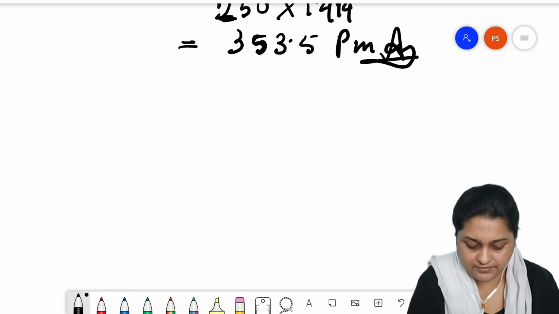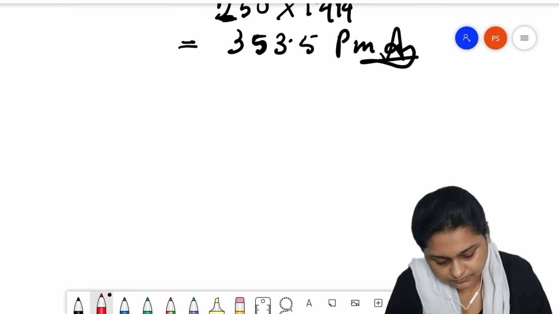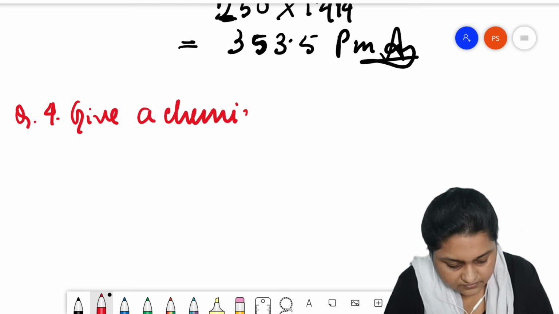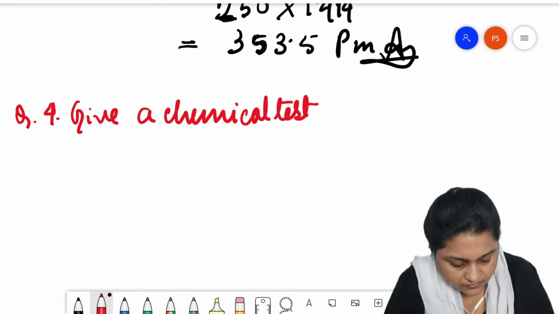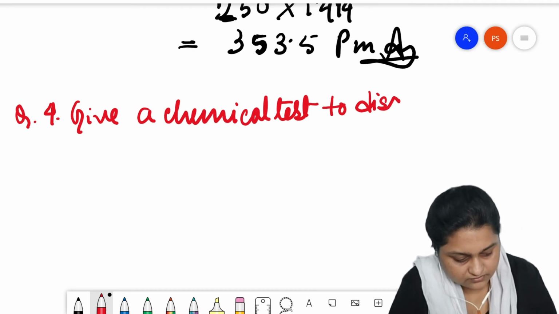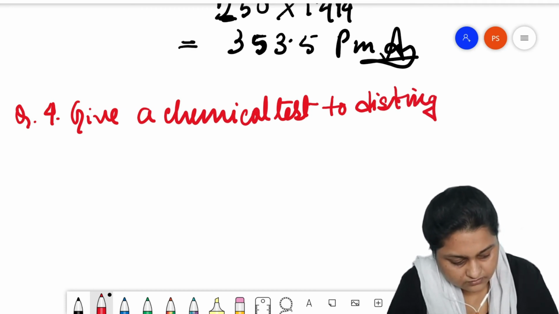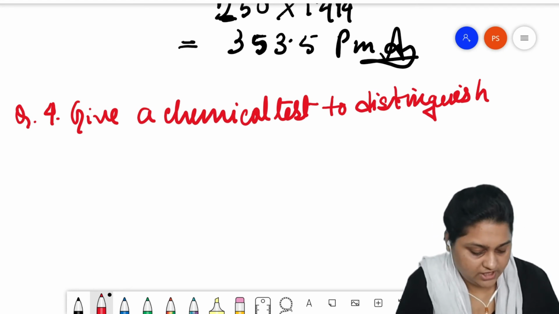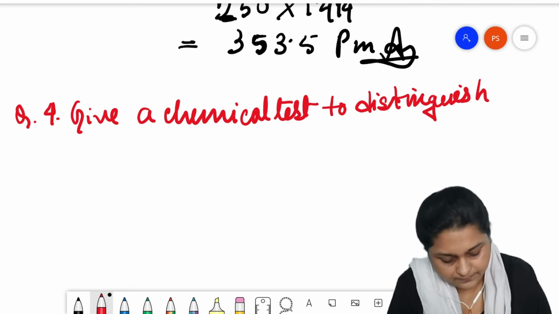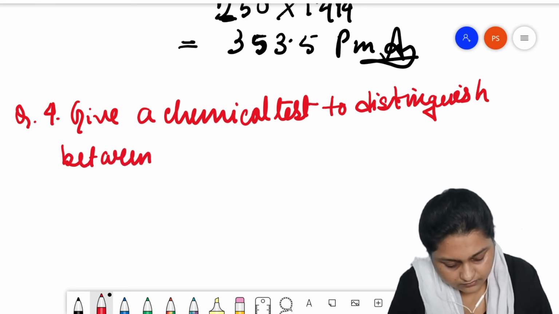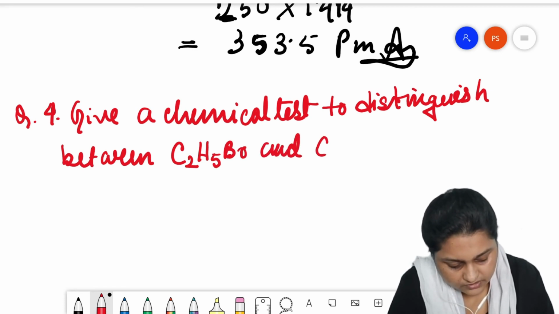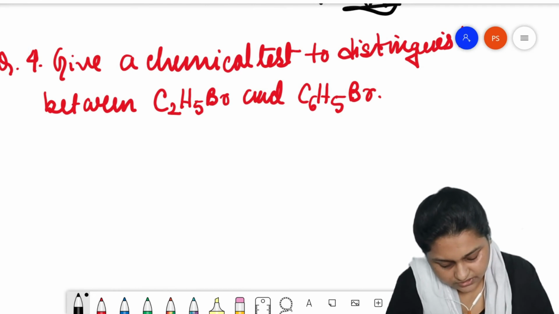The question is: give a chemical test to distinguish between C2H5Br and C6H5Br. Now the answer is going to be